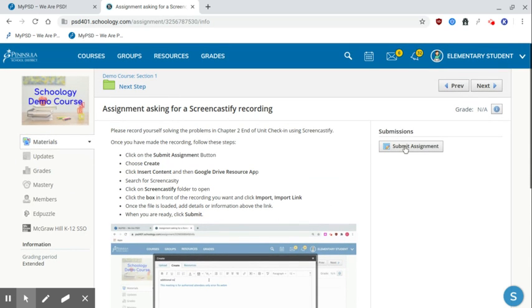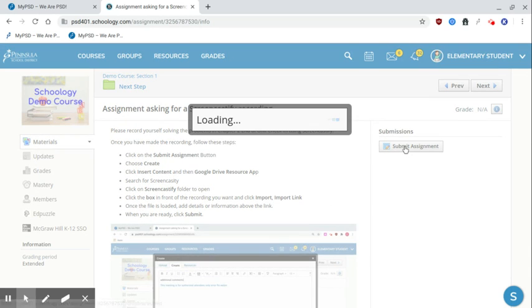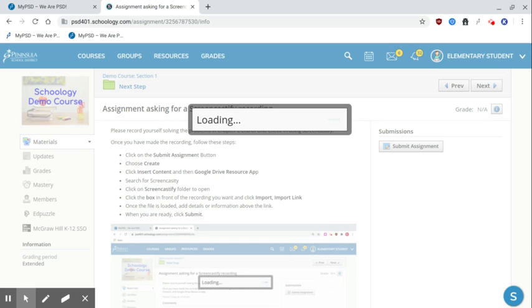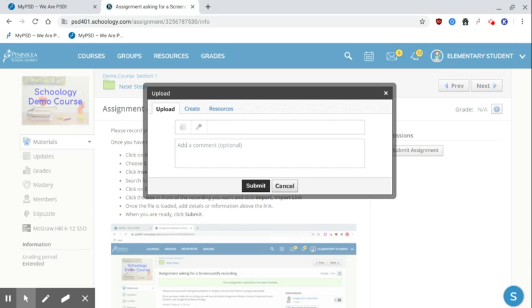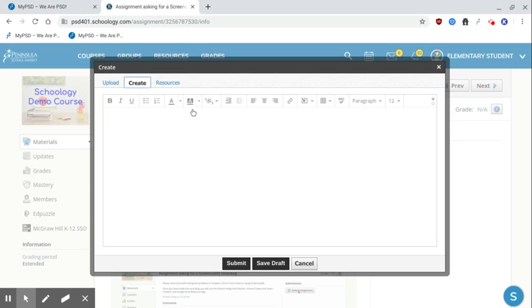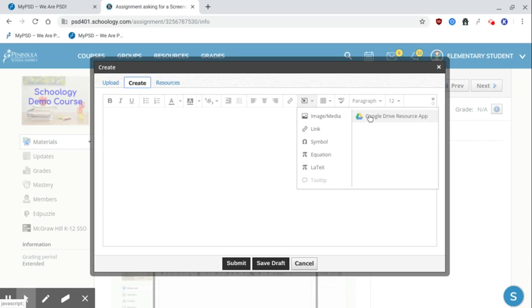So to do this, I will click on Submit Assignment. I've already created the Screencastify recording, so that's already in my drive. So I'm going to go to Create, and in Create, click on Insert Content. I'm going to go to Google Drive Resource App,